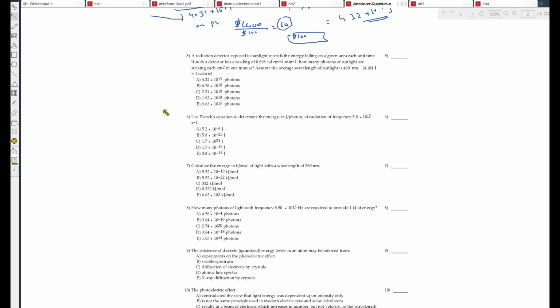Alright, so I have to calculate E, the energy of the photons. Let's see. So 6.63 times 10 to the -34 power times c, which is 3 times 10 to the 8 power, over the wavelength, which is 460 times 10 to the -9, will give me the energy value. So that's